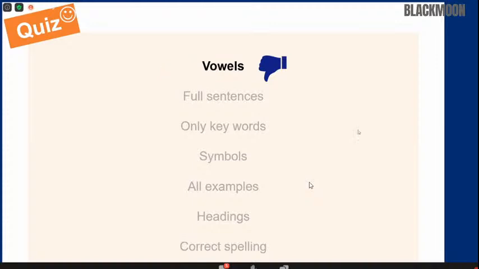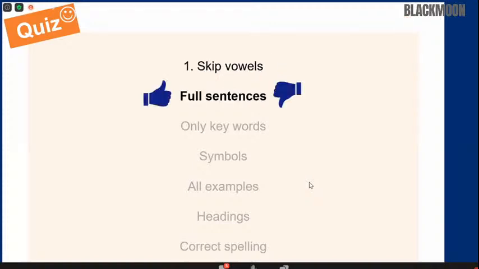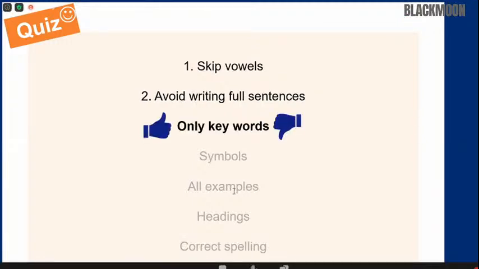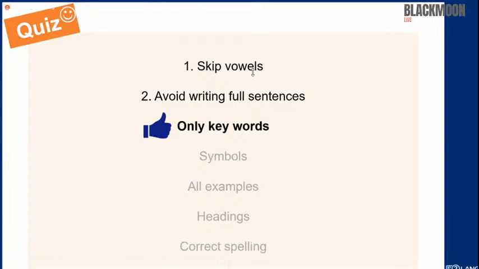Well done, you guys. No, I will not include vowels. I'll avoid using vowels in my notes. This will save me time. So skip vowels. Full sentences. Yes or no? Do I write full sentences? Well done, you guys. No, I want to avoid writing full sentences. I want to make it as short as possible. Only include keywords. Well done again. Yes, I'll only include keywords again to save